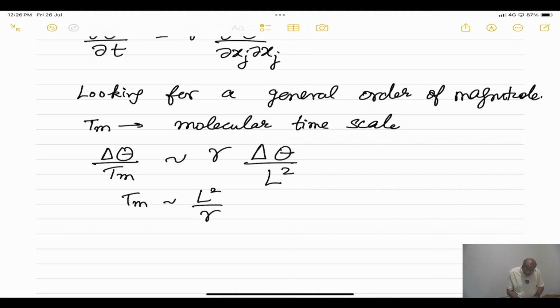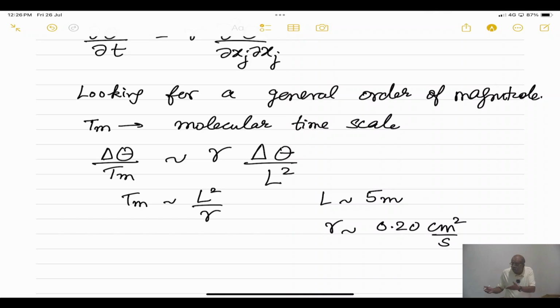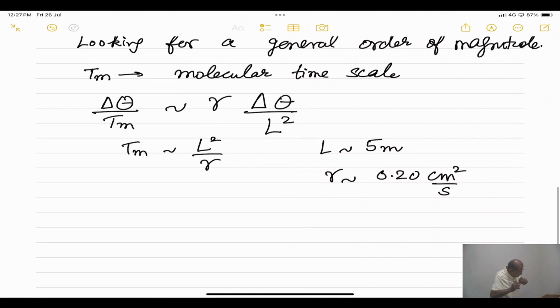Now, gamma is a property of what? The air in the room, because heat is being dissipated in the air. So, if I look at, let's say, a room where L is equal to 5 meters. Now, gamma for air under normal circumstances is something like 0.20 into 10 to the power of minus 4 meter square per second. I am not using SI units because the book where I have taken the example from did not use SI units. So, based on this, Tm is of the order of 10 to the power of 6 seconds,